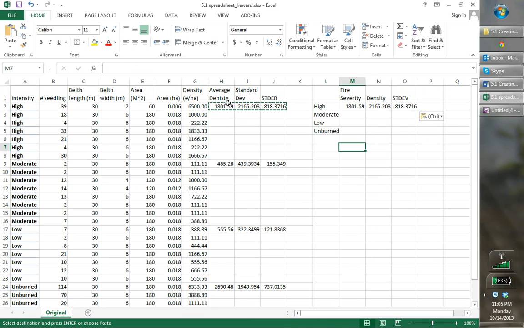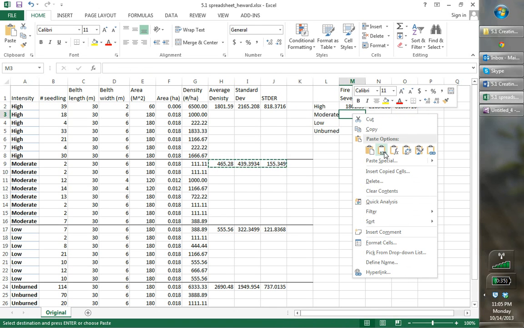Now, what this means is that if I were to make changes to my numbers over here, they wouldn't show up in these, because these numbers are no longer tied to the information in my data over here. But we're going to need to do this to create our graphs. So we're going to copy the other pieces of information in there as well, and also Paste Special